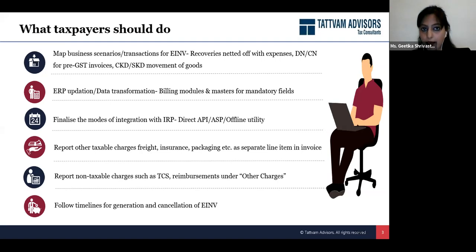Yes, there is a relaxation which has been provided for the month of October, but barring that relaxation, once this is withdrawn, this validation will be put in. Today, the validation has been relaxed, but the law intends to put this validation that the invoice date should not be earlier than yesterday's date.